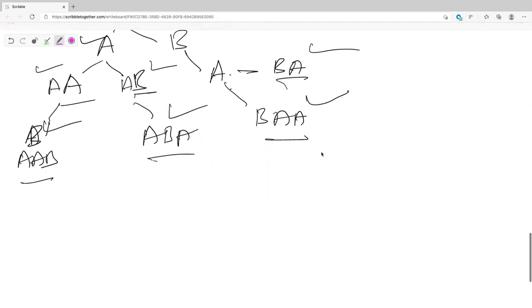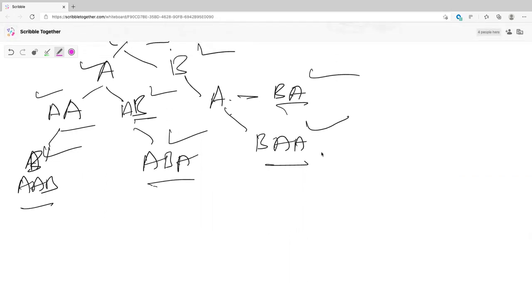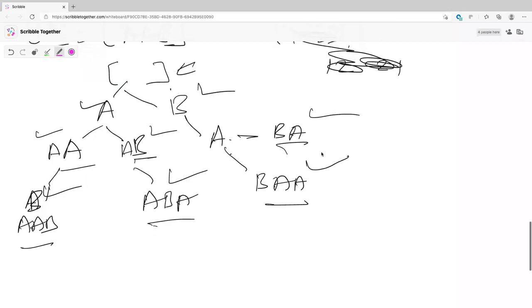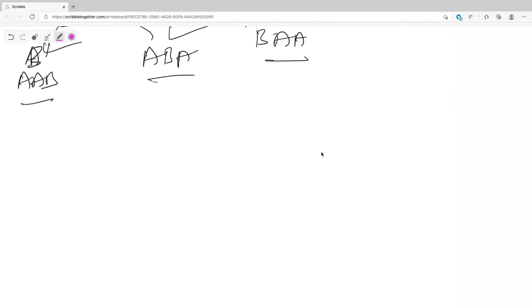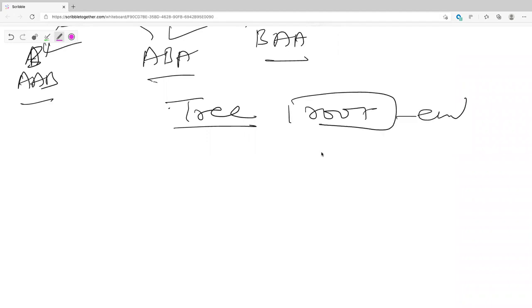So if you see here, this is eventually becoming a tree, right? What we are actually doing here is generating a tree. It starts from your root. What is your root? Your root is nothing but an empty array.